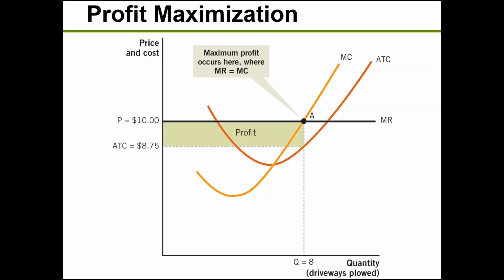My total cost then is my average cost per driveway times how many driveways I plow. How do I find my average cost? Well, it's given to me by the average total cost curve. So if I'm plowing 8 driveways, come up that dotted line to the average total cost curve, and come over to the price axis, the dollars and cents axis, and that tells me for 8 driveways, the average cost, the cost per driveway, is $8.75. So what is my total cost? It's 8